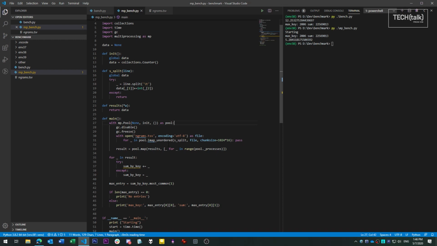For instance, you'll notice this parameter here named chunk size. This is how many slices we send to each pool process at a time. For a large job like this, you want to set chunk size quite high. In this case, the main process is going to read around 16,000 lines or so at once, and sends that in one big chunk to the first process. Then it reads the next 16,000 lines, sends that to the next process, and so on. This is faster than going a line at a time, because you can bundle that many more lines in a single transaction. On the other hand, if you set chunk size too high, you'll end up losing performance since the cost of sending larger chunks starts to become its own burden.